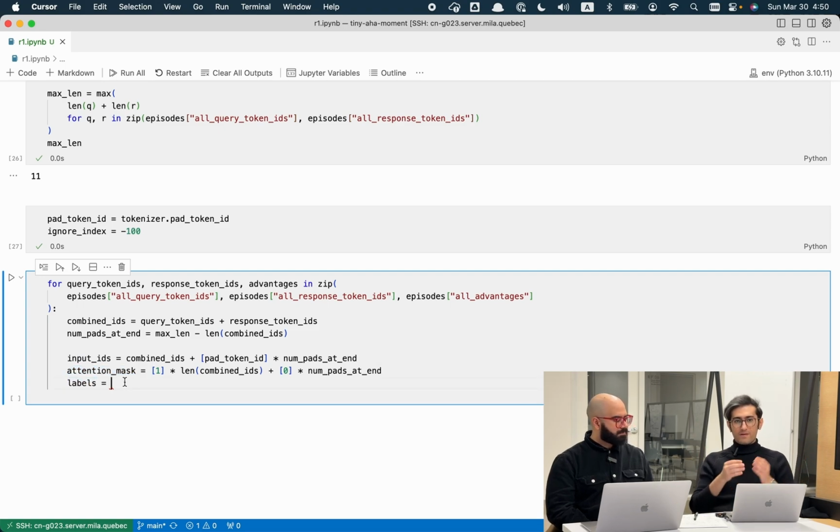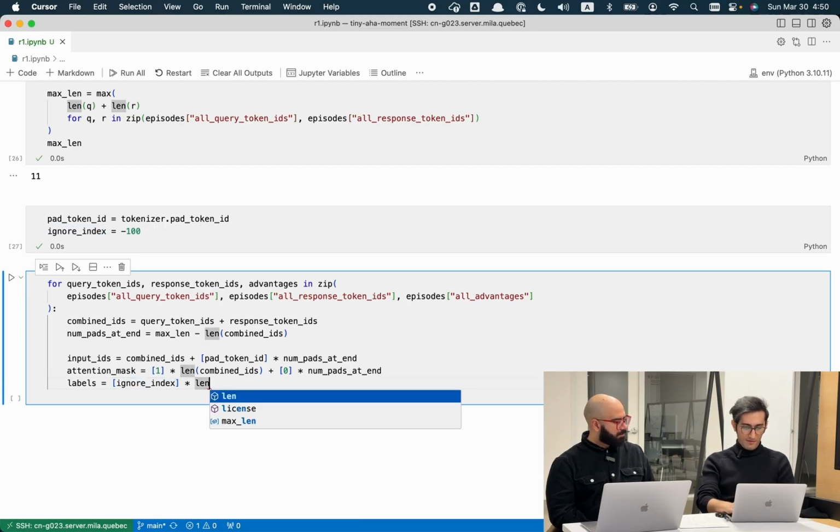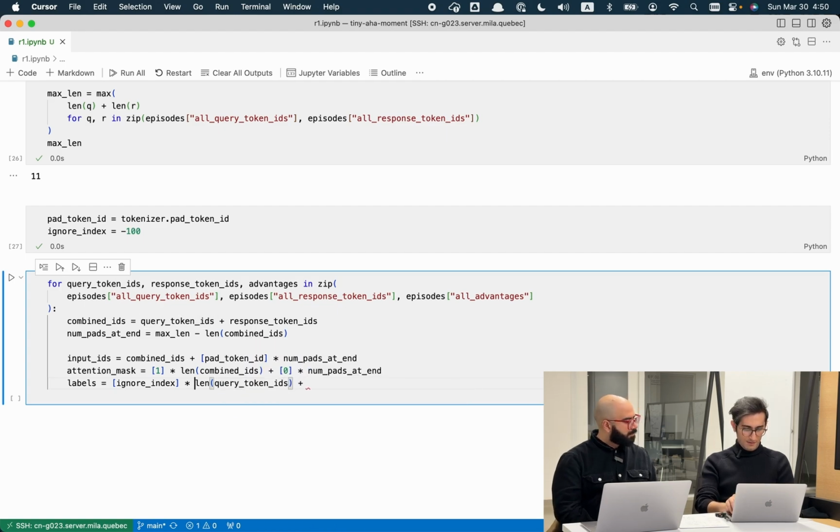One difference in this case, where we have query and response, compared to the previous example where we only had hello world, how are you, the basic causal language modeling, is that we are not going to compute the loss on the query portion. So we have to put the ignore indices for the portion of the labels variable where we have the query. We're going to have the ignore index times the length of the query token IDs, plus